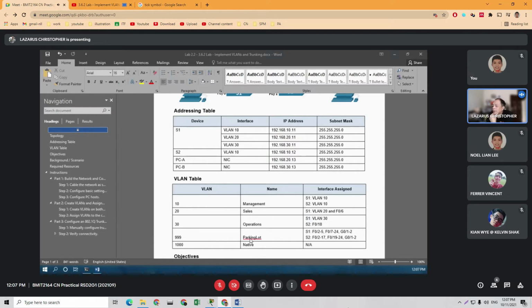As you know, a parking lot in a building is where you don't get access to anything, right? So you can see the interface later, when you want to assign to the VLAN which interface, you can have a look here. Have a look at the interface assign